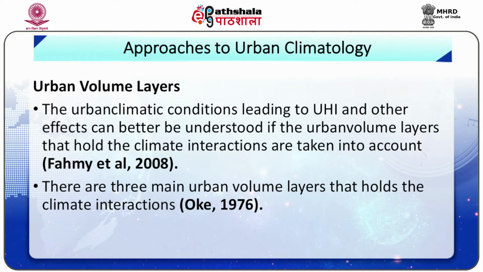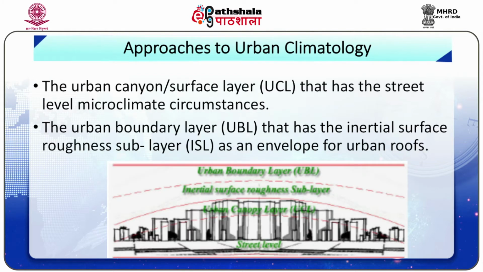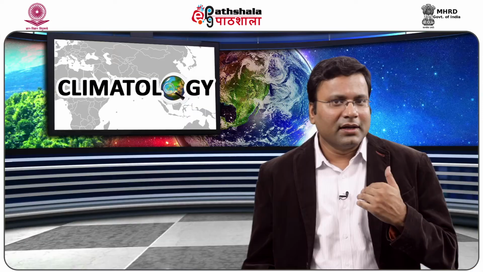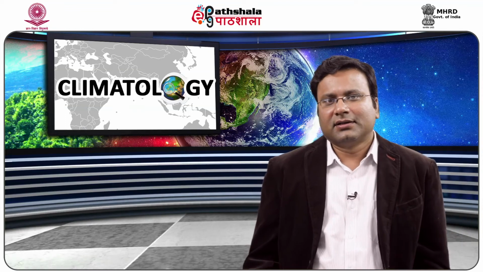So urban climatic conditions leading to urban heat island and other effects can better be understood if the urban volume layers that hold the climate interactions are taken into account. There are three main urban volume layers that hold the climate interactions. The urban canopy surface layer that has the street level microclimate circumstances. Second is the urban boundary layer that has the inertial surface roughness sublayer as an envelope for the urban roofs. Then urban dome layer that has the regional mesoscale climate conditions. The heat transfer between these layers is due to the following: